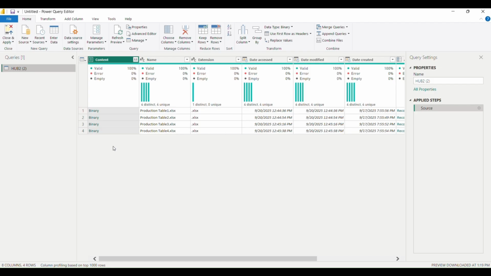The first option that I don't recommend is to click and expand everything and then be prompted with helper queries.